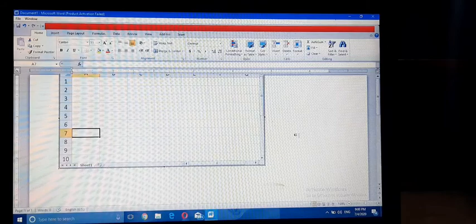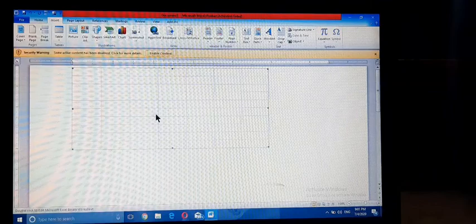Okay. Click just outside the object. This is the feature of MS Word. Okay. In this way, we can link and embed objects in our document.